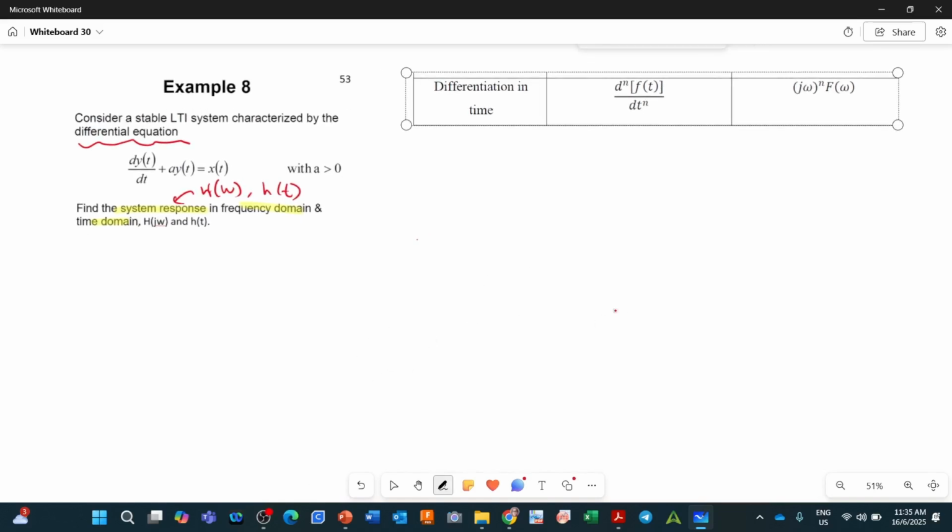How you do it is that we are going to compare one by one with this table. So the solution is,